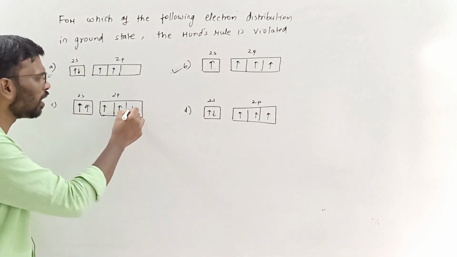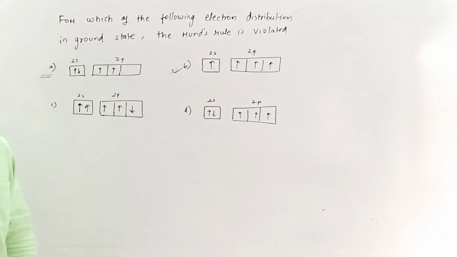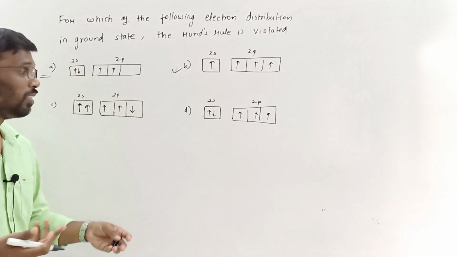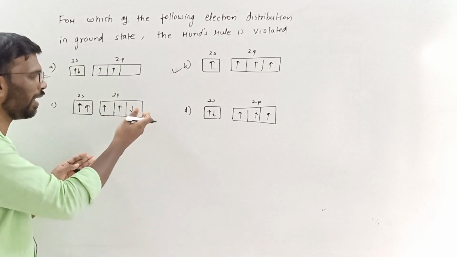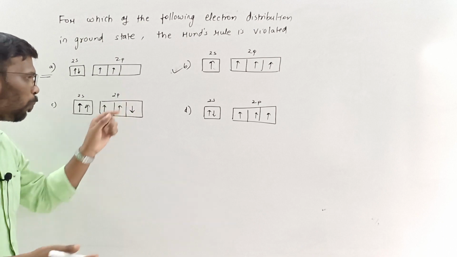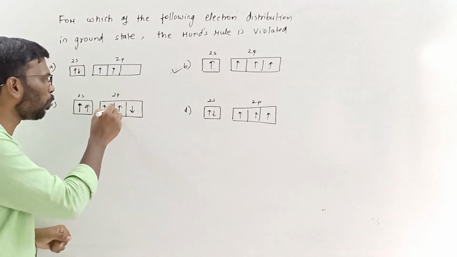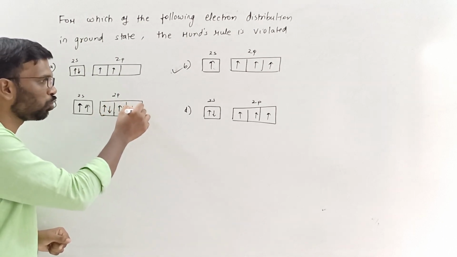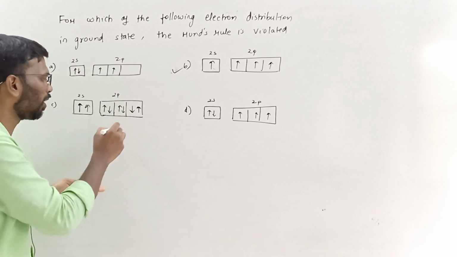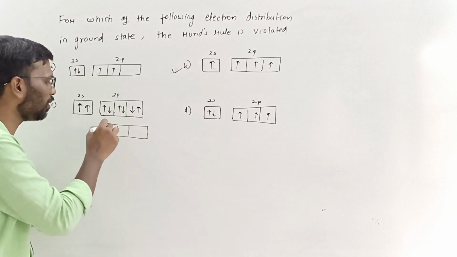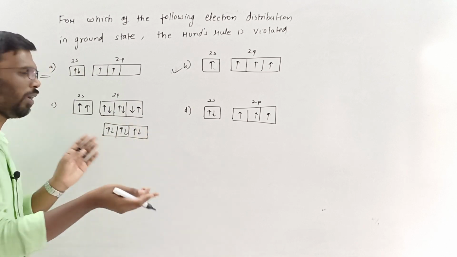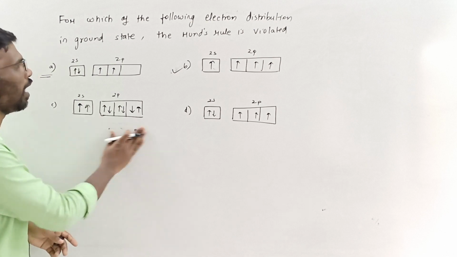Now what about this? I have shown this electron downward. Which law is violated? Here none of the rules is violated. See, you have to put one electron; you put it this way, it doesn't matter. But make sure when you put the next electron, it should be of opposite spin. It should be opposite, and here it should be opposite. So this is not a wrong representation. This is also correct. It is as good as writing this. Okay, understand? It is one and the same. So here the answer is option B.